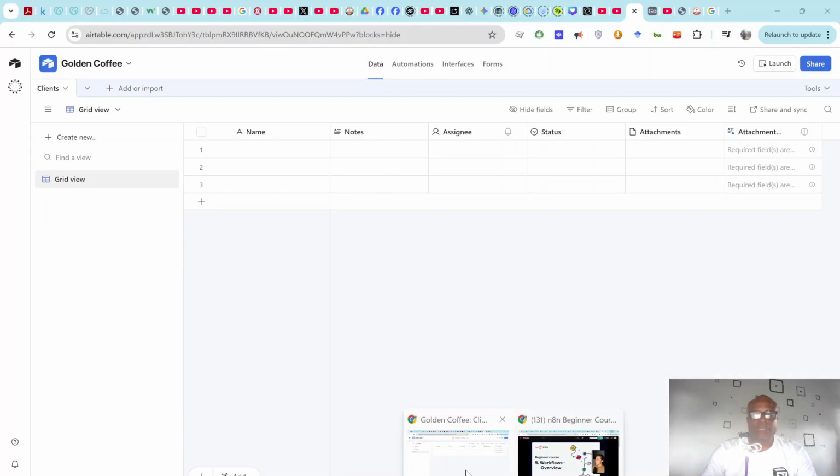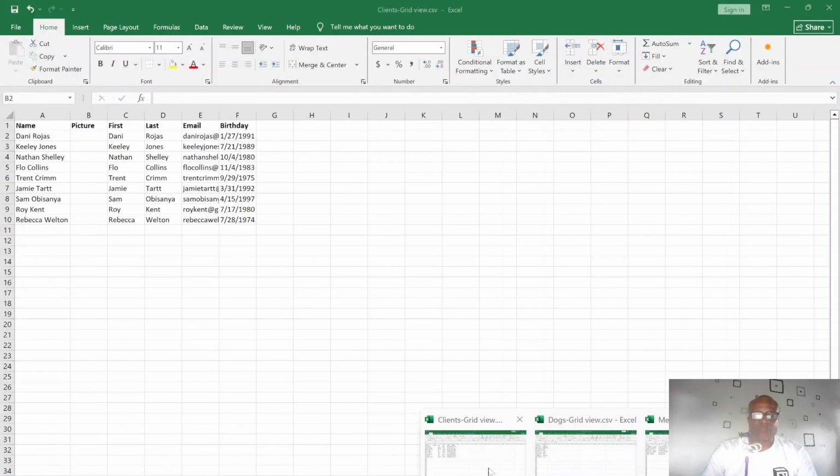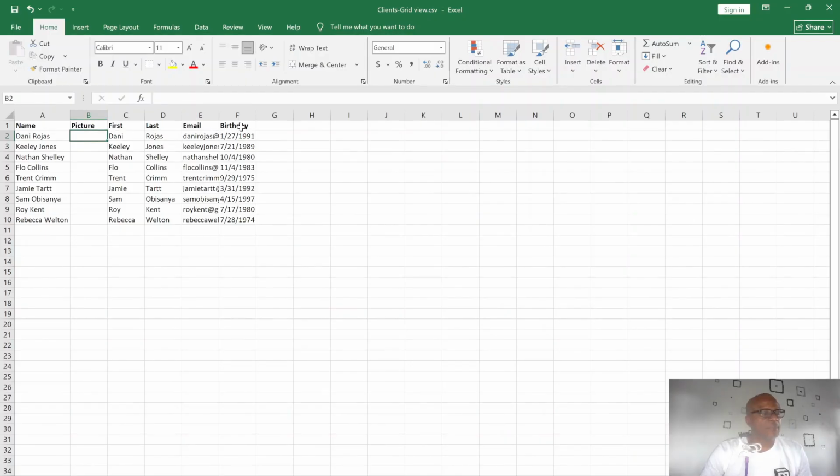I can build the client in our table. So here is our client table. We can see it has name, picture, first, last, email, and birthday. And then each of them have data types. Yes, something that we need to know about